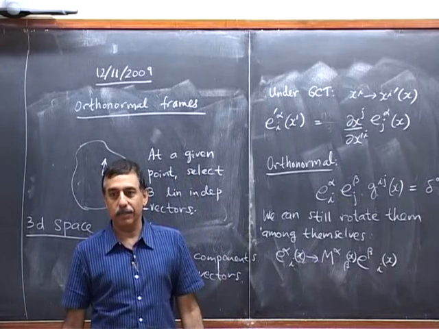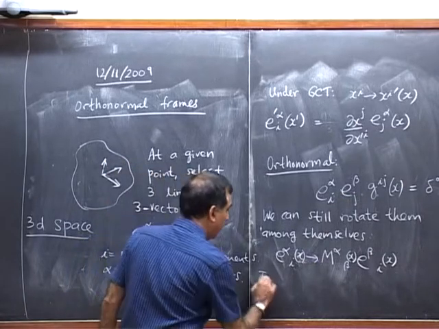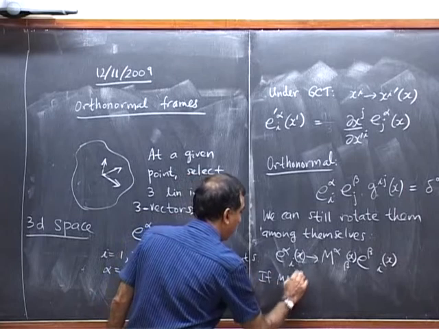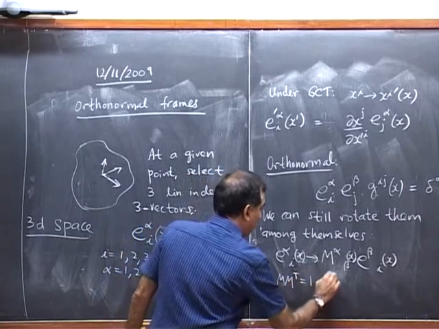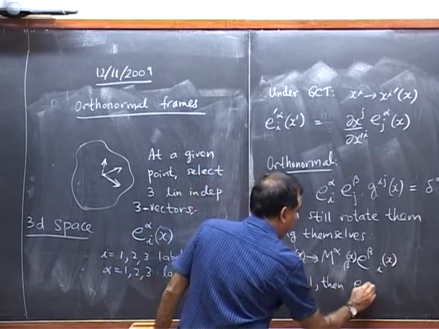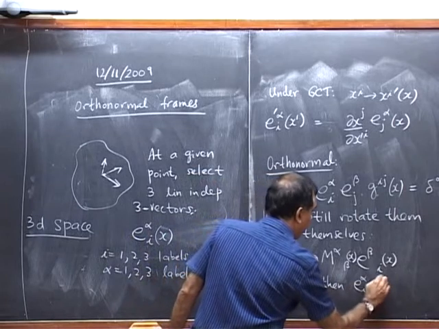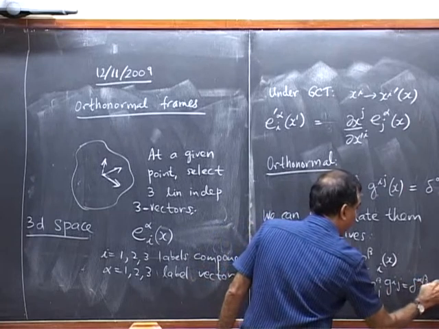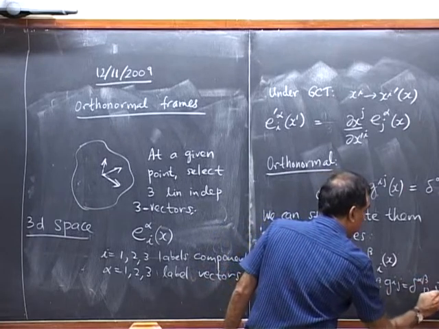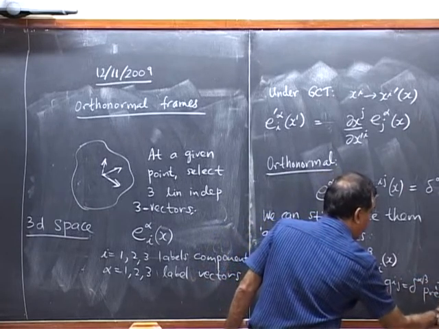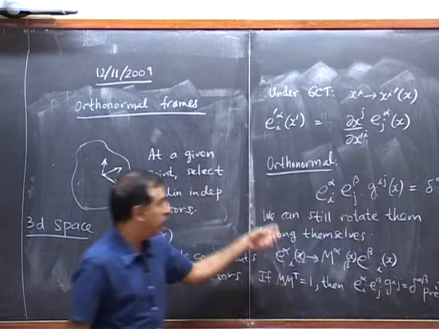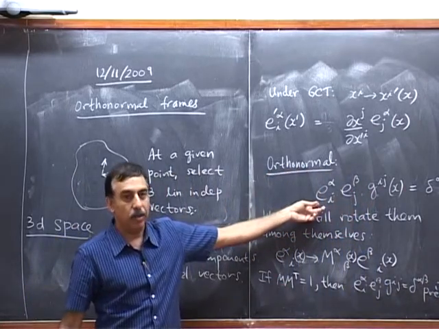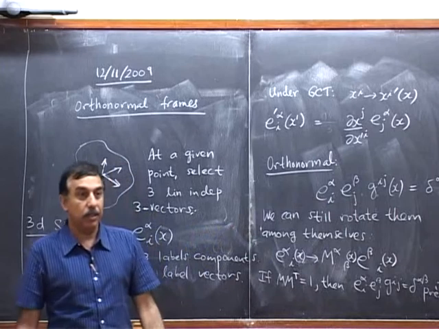M M transpose is 1. If M M transpose is 1, then E^i_α is preserved. If and only if. This is the maximum amount of transformation I can make on these things which preserves the